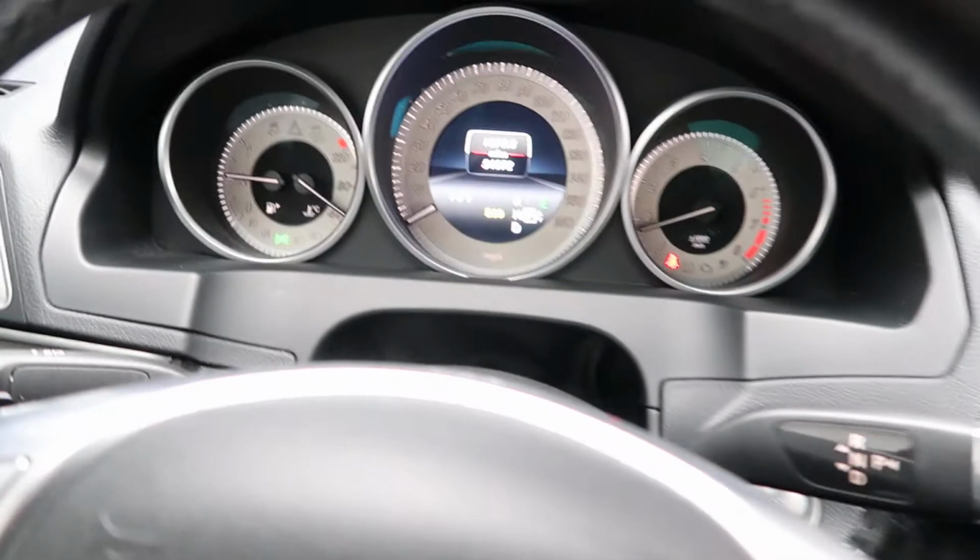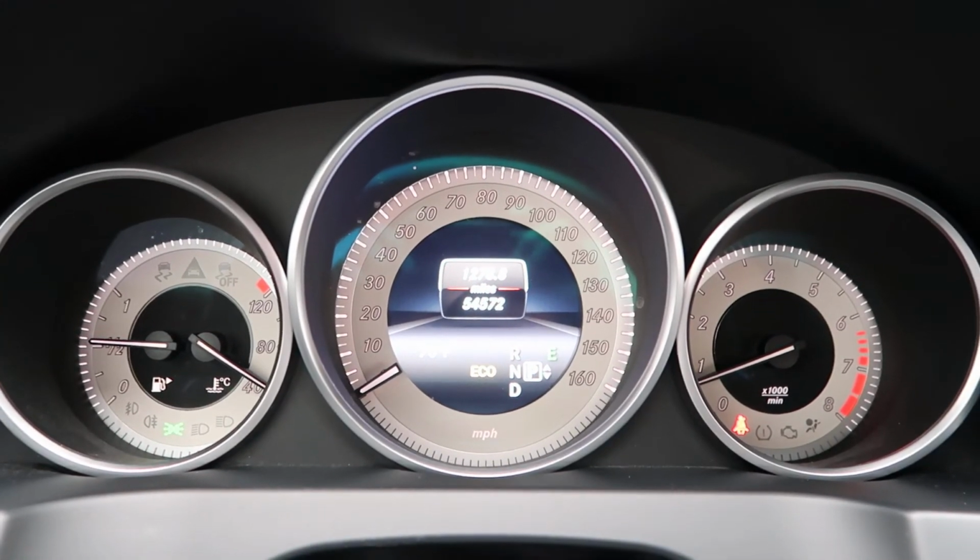This E350 has 54,572 miles, Carfax and service